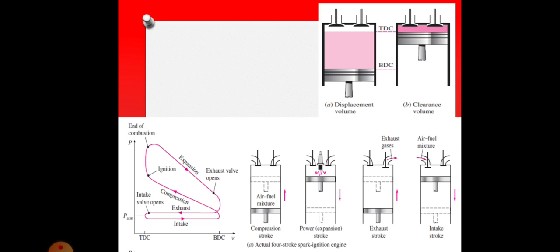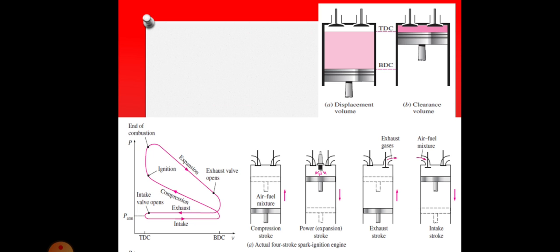Now see this one, the displacement అంటే enta move అయింది, top dead center to bottom dead center. See the pink color portion, the piston movement. So what happens in this clearance volume? The clearance volume is a gap which is to be maintained, so the piston should not touch the valves as well as the top surface of the piston. Now see the actual 4-stroke SI engine, air fuel mixture అనేది లోపల జరిగింది. See the arrowed portion, it is moving up, compressing. After compressing, in the power stroke or expansion stroke, it is moving the piston to come downwards. At that point, with a definite length, the arc is produced, thereby the engine starts.